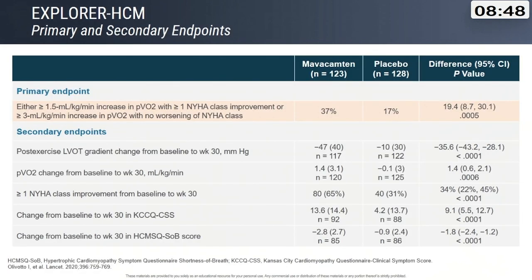The impressive result was that the primary endpoint was met, and 37% of the mavacamten group had significant improvement in VO2 max, along with improvement in symptoms in terms of NYHA class. The secondary endpoints were met as well. The LVOT gradients went down, VO2 max increased, NYHA class improved, and the quality of life improved